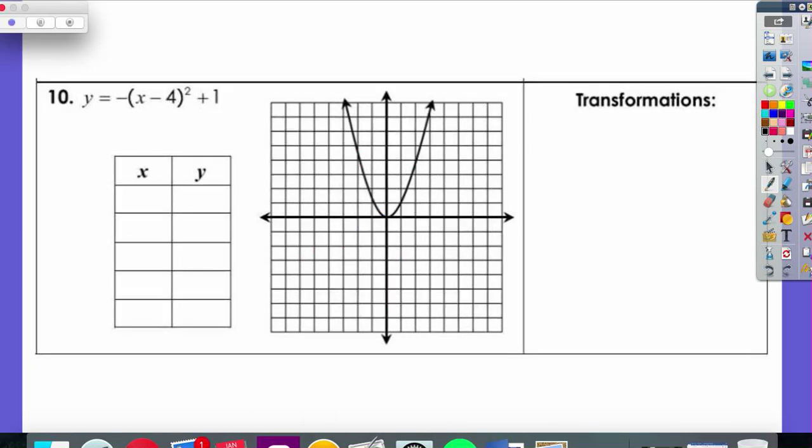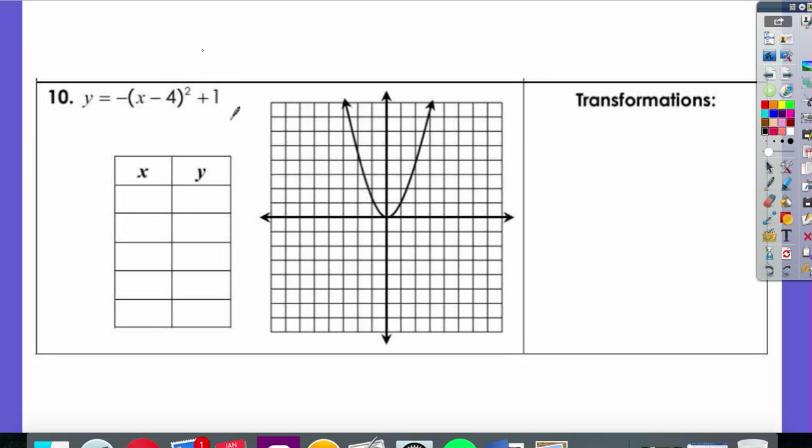All right, so we're moving on to number 10. I know, unfortunately, this seems like a really long lesson, but honestly, if I don't do almost all of these examples with you, you just won't have good examples of them. So we're just going to try and power through and get them all in. All right, on number 10,